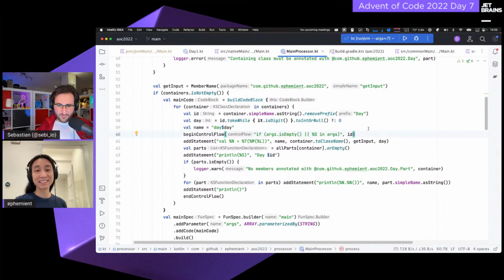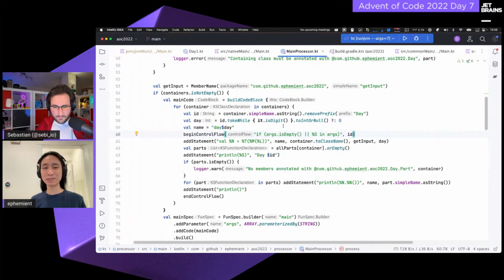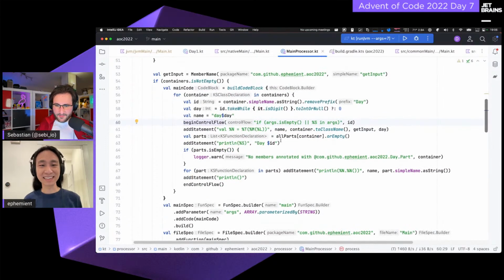I guess this is where some people would also use Kotlin Poet or those kinds of libraries. Yep. I mean, this is Kotlin Poet that is being used to build the code. So okay, KSP is being used to read the annotations and to hook up having the output actually go to the compiler. And Kotlin Poet is being used here to actually generate the code that should be compiled. Nice. Okay, yeah. Since I just peeked into this, I wasn't sure if these were custom ones or if these were Kotlin Poet implementations.